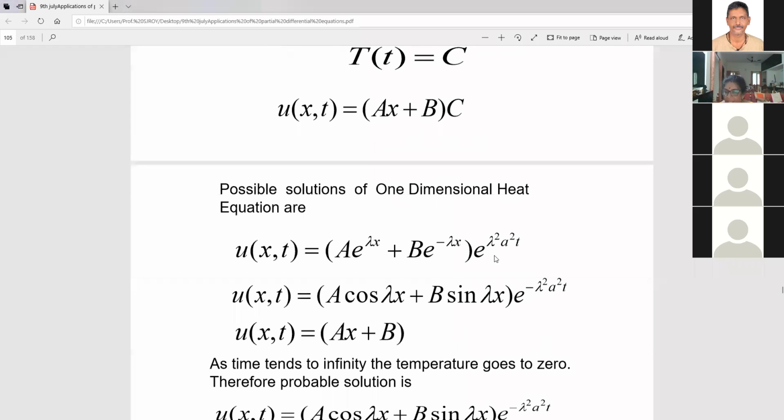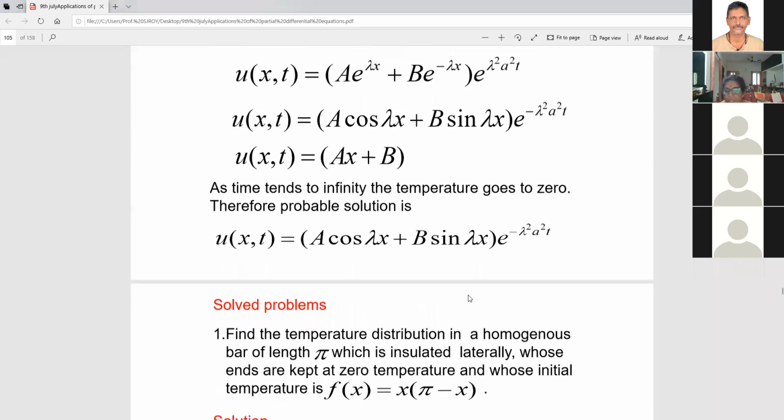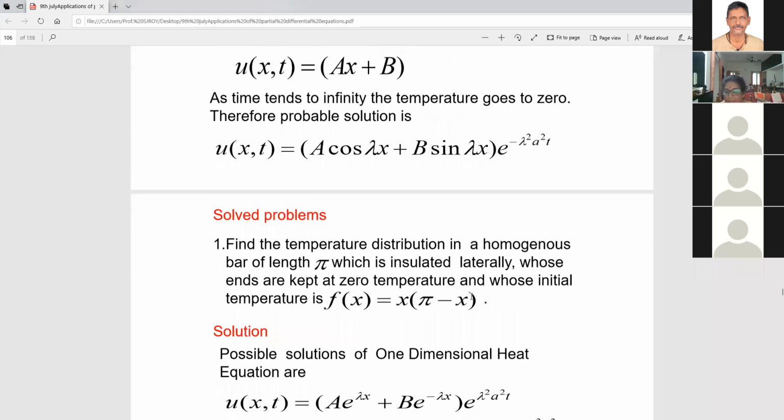Now the heat equation has a very, very important natural property. As time goes, the solution has to be 0 or it can be finite. For that heat property, only the second solution will be satisfying. The others will not come into the picture because as t tends to infinity, they will go somewhere else. When t tends to infinity, this slowly goes to a finite value. That's the reason we take the second solution as the best solution. So solving the problems, I hope you can understand this.